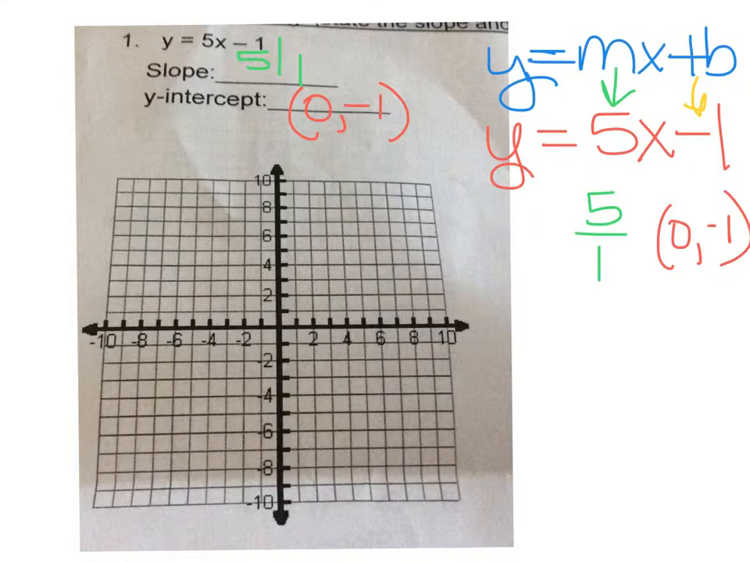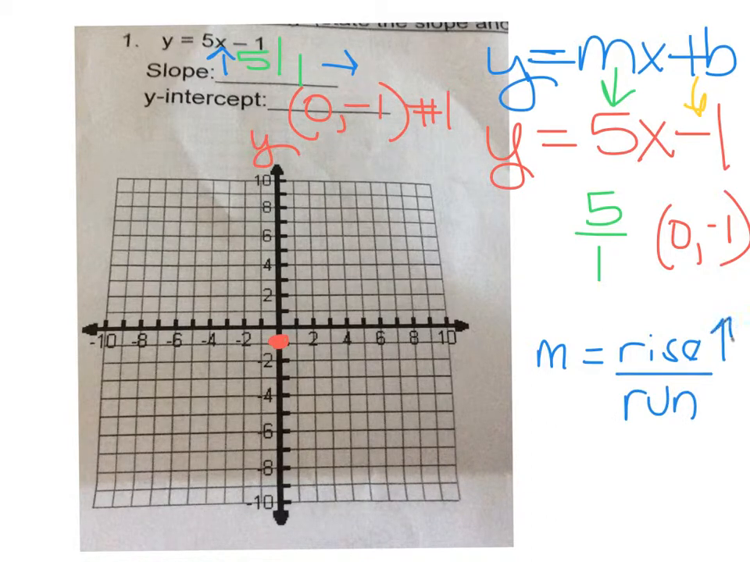And on the previous screen, we talked about how we are going to graph the y-intercept first. And the y-intercept is on the y-axis, and the y-axis is the vertical line. So (0, negative 1): if I start at the origin and I go down 1, and I'm going to put a point, there's my first point on my line. And then my slope, if I look at 5 over 1, the 5 tells me to go up 5, and the 1 tells me to go right 1, because slope is always rise over run,